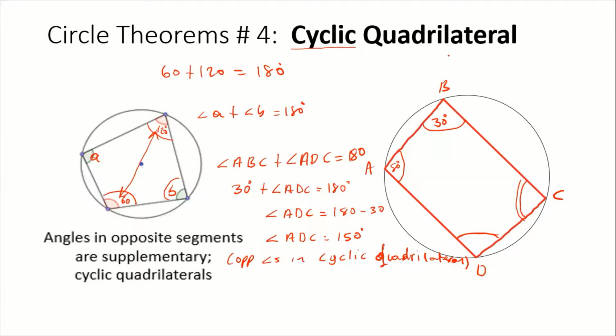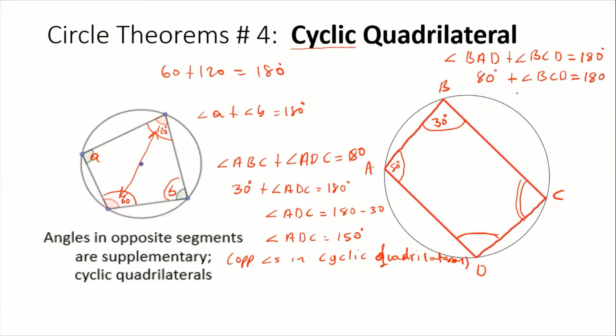So we could say angle BAD plus this angle here at C, which we can call BCD, so plus angle BCD, is going to equal 180 degrees because they are supplementary. Angle A here is 80 degrees, so just replace that. It's going to be 80 degrees plus angle BCD is equal to